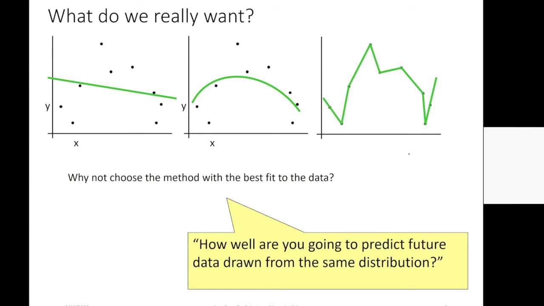We always assume our future data comes from the same distribution as our training data, and what we're looking for is a model that predicts well on future data drawn from the same distribution as your training data. Let's leave that as the foundation. This is normally called the IID assumption,